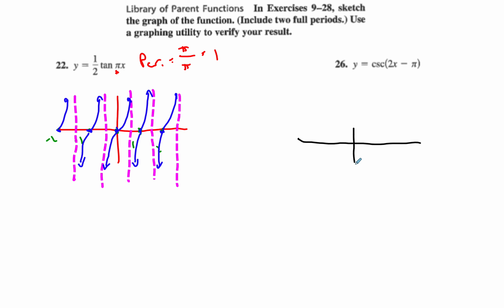I'm being serious here when I say think sine 2x minus pi. Your best bet is to go ahead and graph sine 2x minus pi. So remember, when you do that, you have to factor this out to figure out what the shift is, because there is a horizontal shift here. 2x minus pi, when you pull that out, it becomes x minus pi over 2, right? What is the period? The period is equal to 2 pi over whatever b is, so 2, so it's every